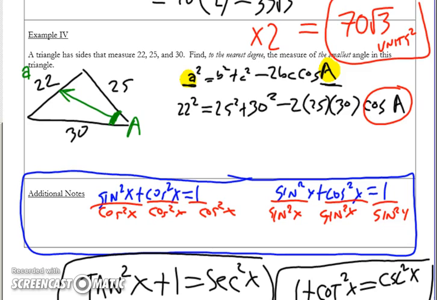So what you end up getting is 22 times 22 is 484 is equal to 25 squared is 625 plus 30 squared is 900 minus, let's multiply all this. 2 times 25 is 50. 50 times 30 is 1500 cosine of A. I only have 15 seconds to do this, so let's just try to do this real quick. 484 minus 625 minus 900, this is negative 1041, is equal to